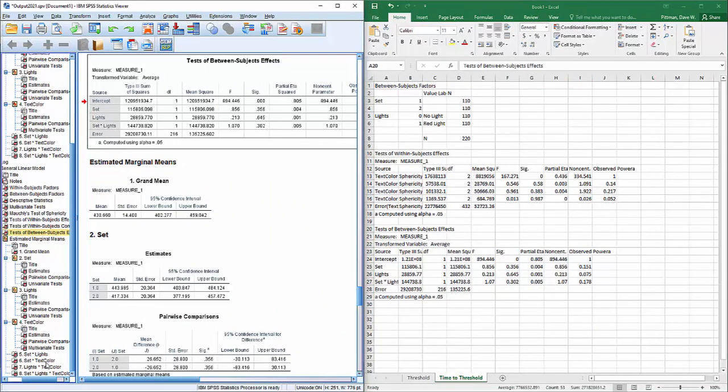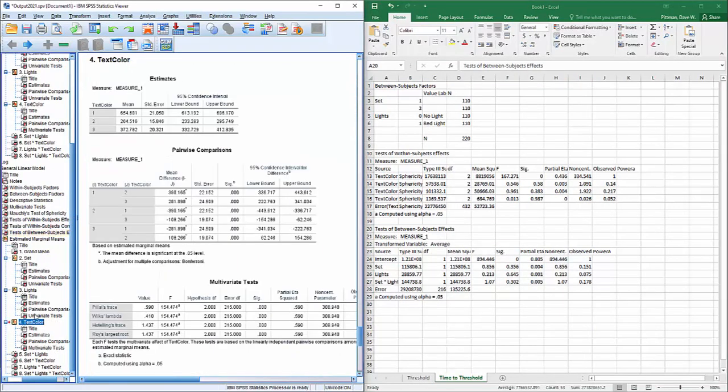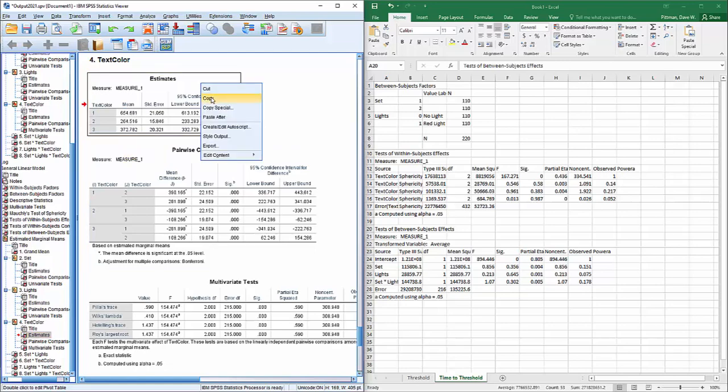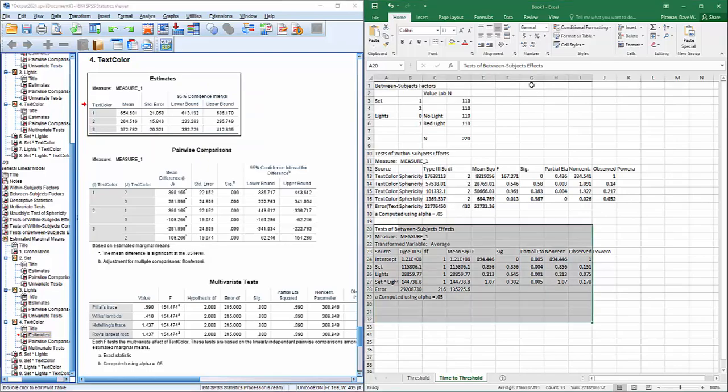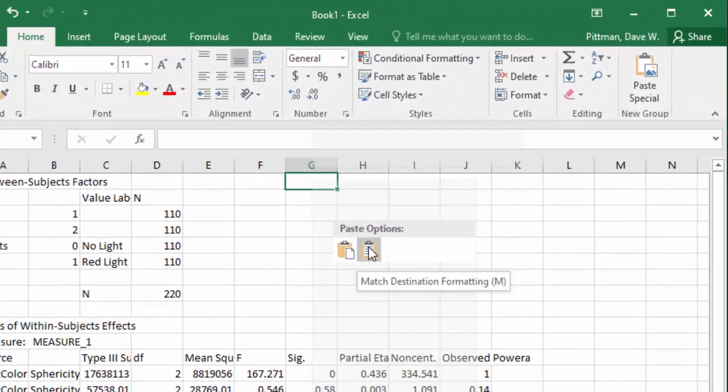Again, to know about our main effect of text color, we're going to come down here to our estimated marginal means, and here we see that it on average took 264 seconds to get to the green threshold, 372 seconds to get to the red threshold, and 654 seconds to get to the blue threshold. Again, I want you to make a bar graph